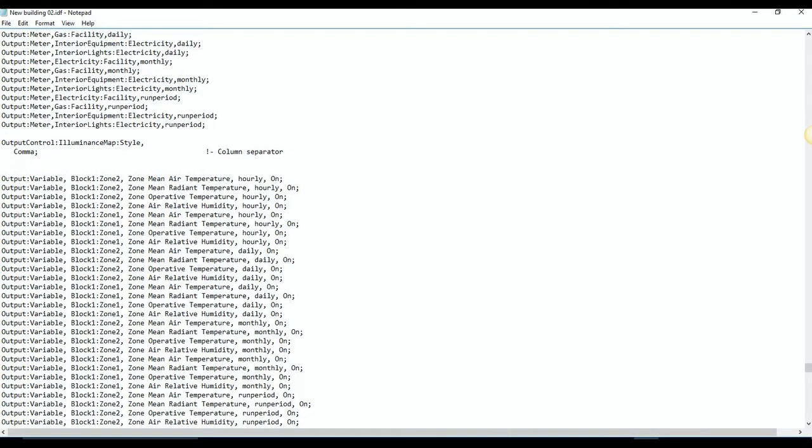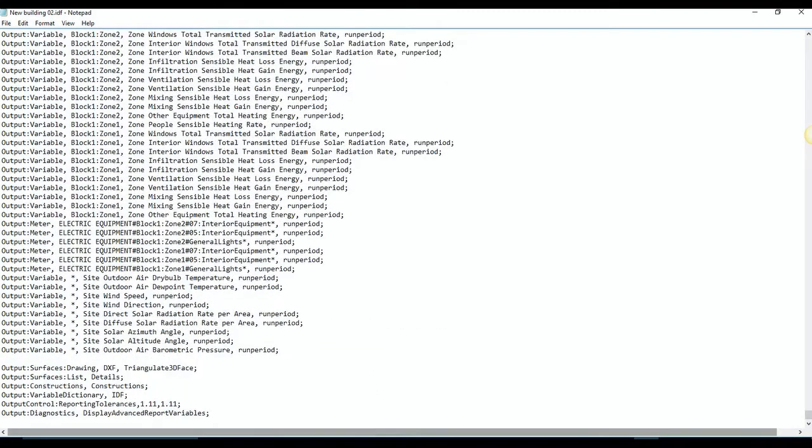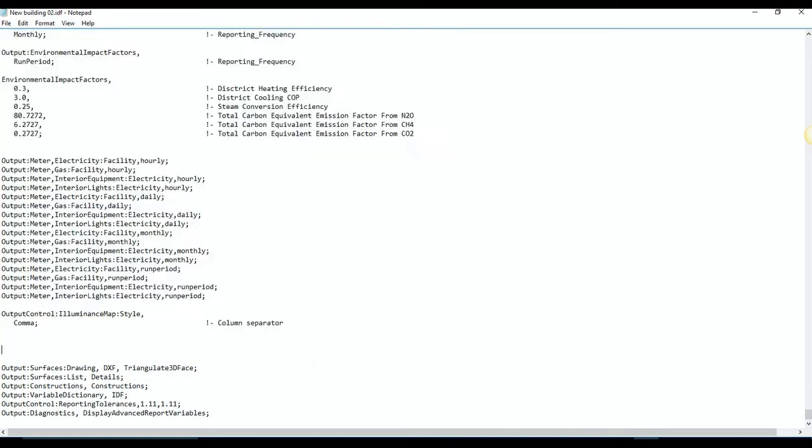Now we have to select all the other outputs that we don't need. For now we'll delete it, save this file,